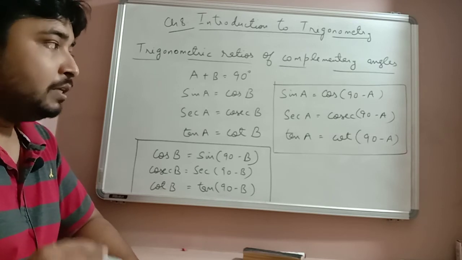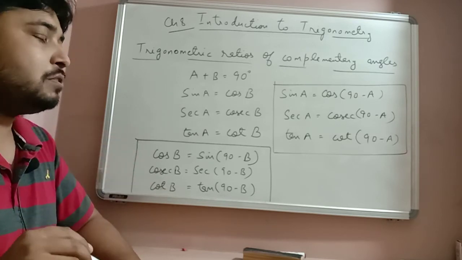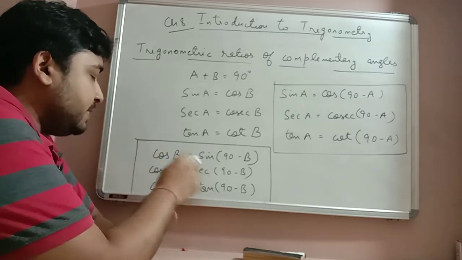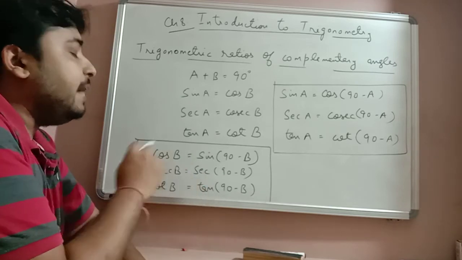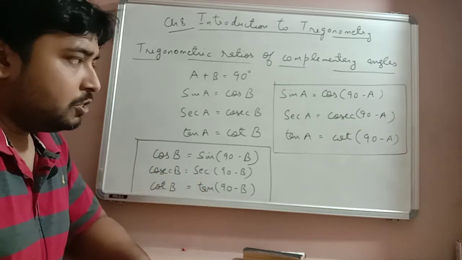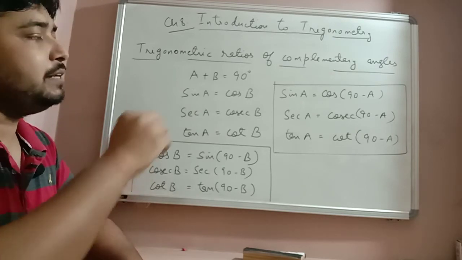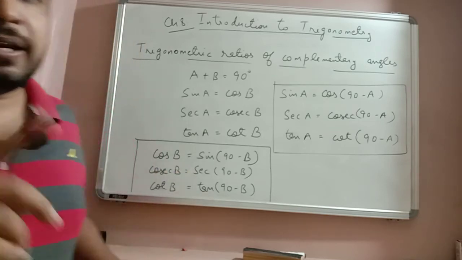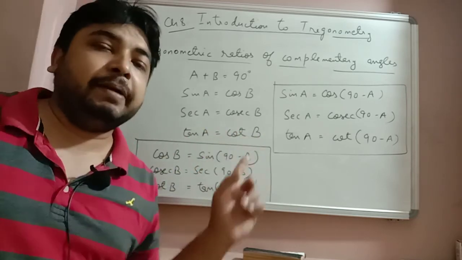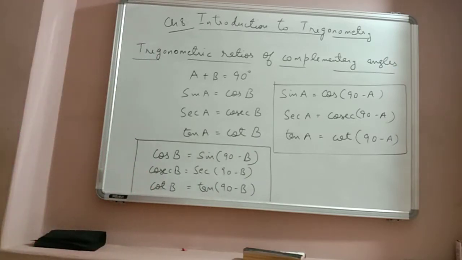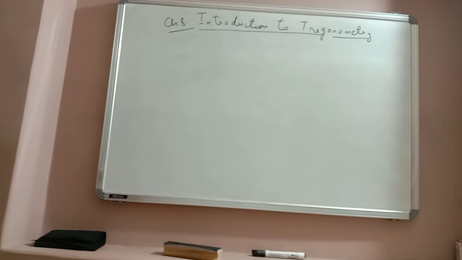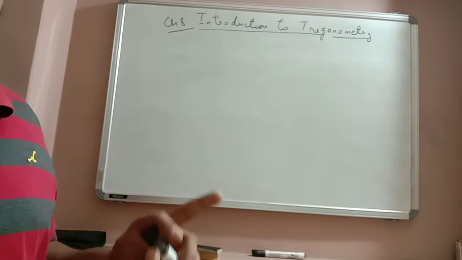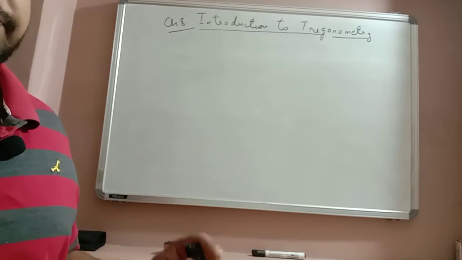Now what we need to remember is sin changes to cos, and cos changes to sin, sec changes to cosec, cosec changes to sec, and cot changes to tan, and tan changes to cot. So by easily remembering these points, we can simply write down these formulas. I hope this is clear to everyone. Now let's take up some questions based on complementary angles. And remember that in case of complementary angles, both angle A and angle B are acute angles.